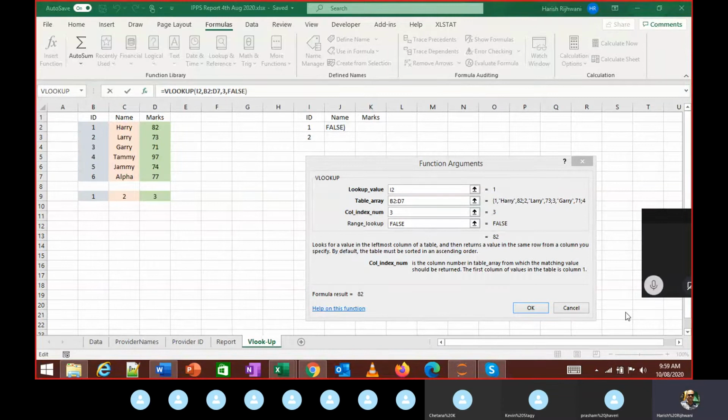Anybody facing any issues? Anybody not getting this? Sir, I'm not getting it. Can you share your screen?